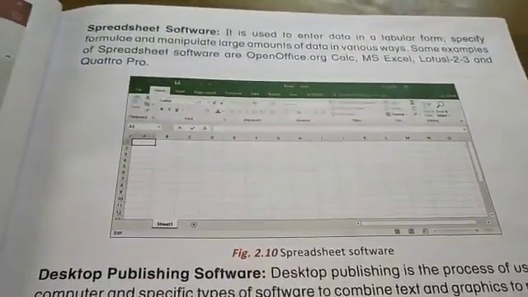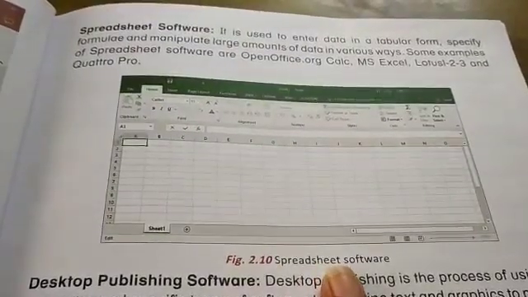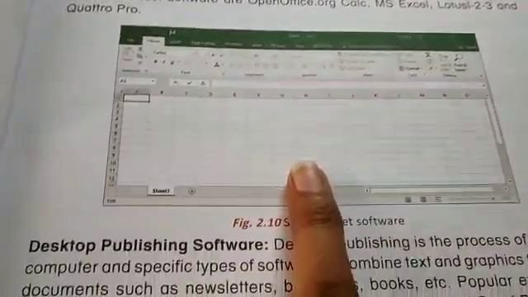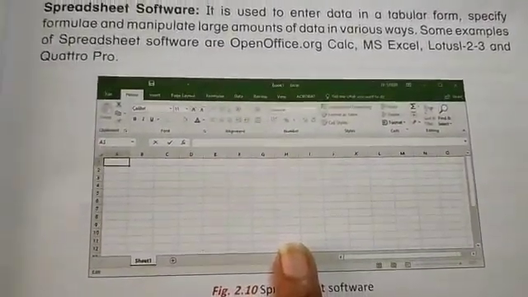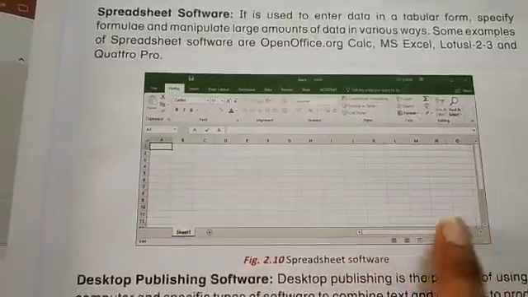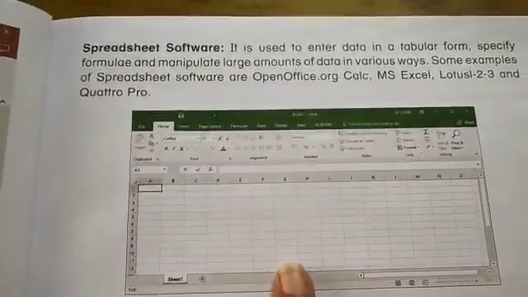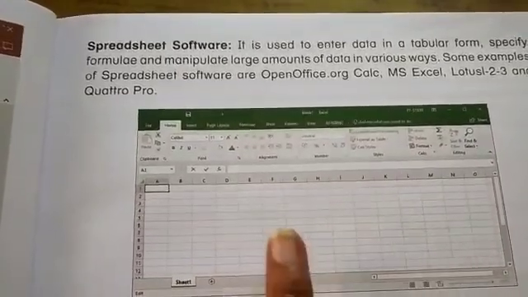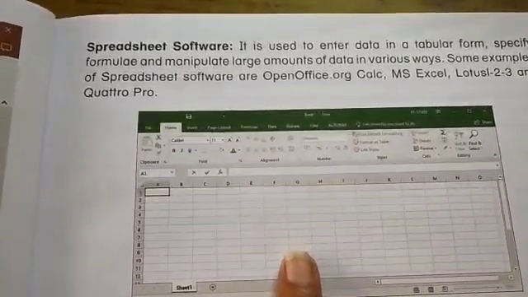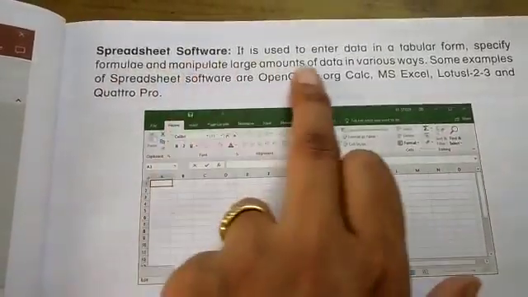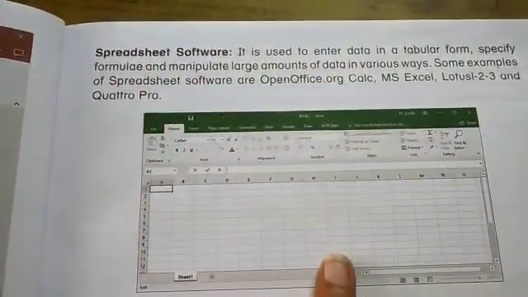And what is a spreadsheet? Can you see this figure? That is figure 2.10. It looks like this. These are in block form. You can already see these are in some kind of tabular form, with small blocks. Why is it there? When we want to put data in tabular form, this spreadsheet software is used, and we have to put some kind of formula to manipulate the large amount of data in various ways.